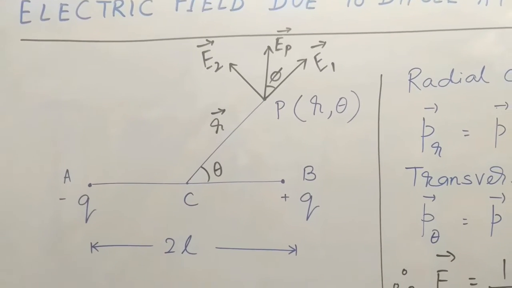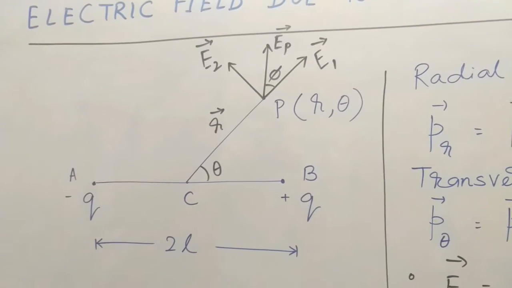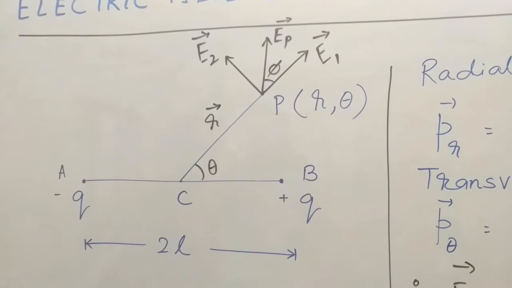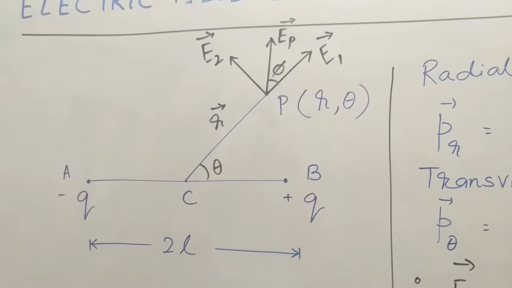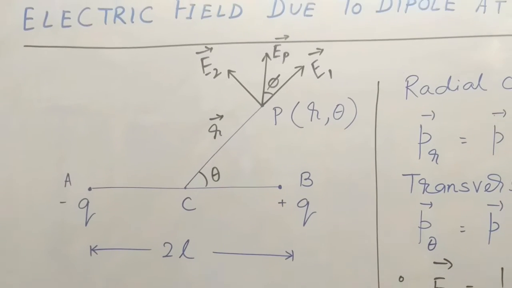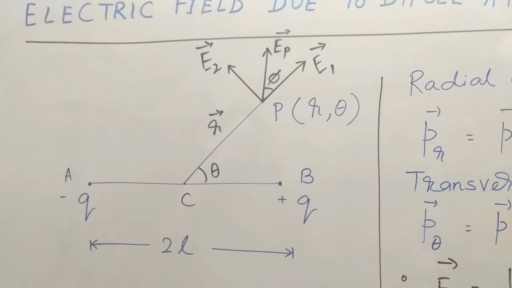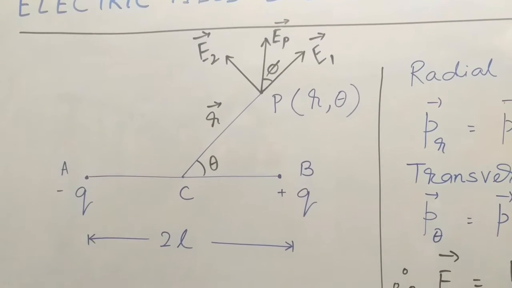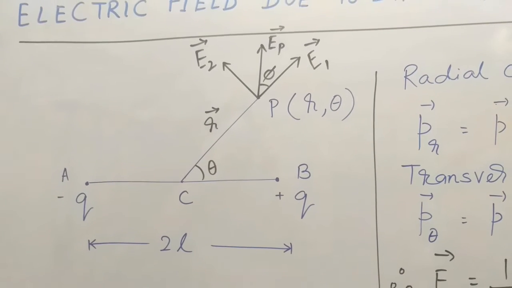For axial it is 2p by r cube, and for equatorial it is p by r cube. So you are now comfortable with this. Draw this diagram and make a heading: electric field due to a dipole at a point P, capital P, as